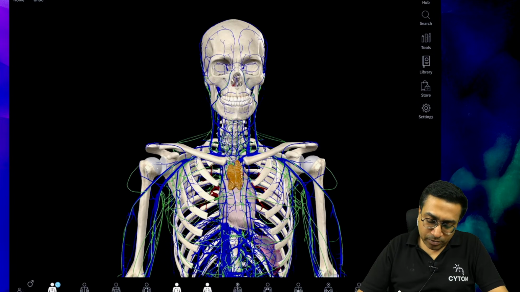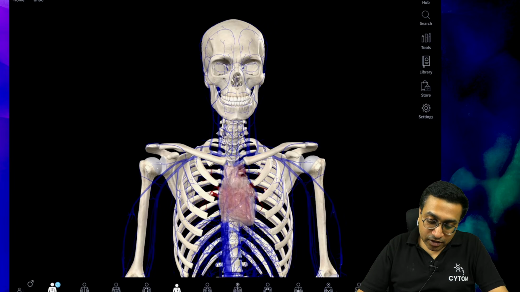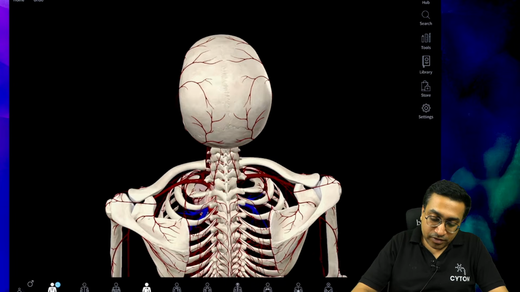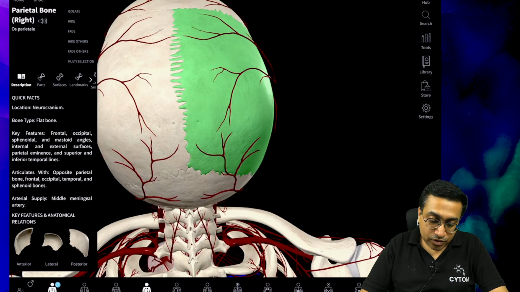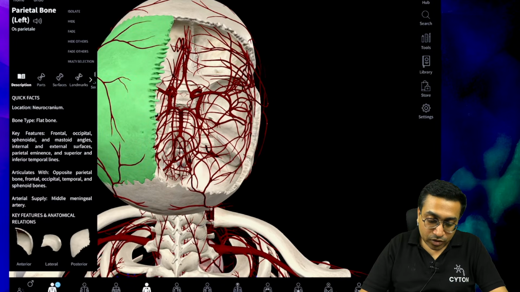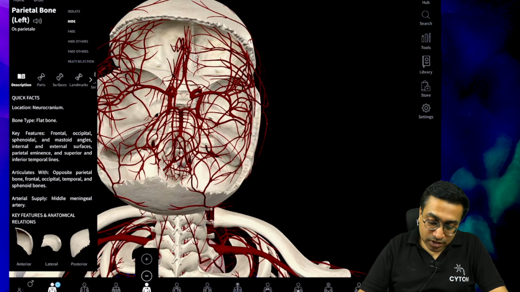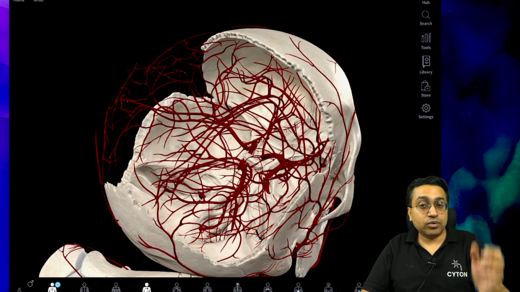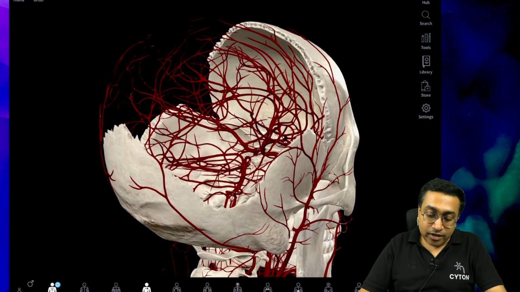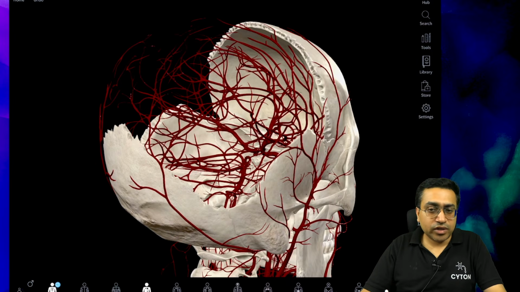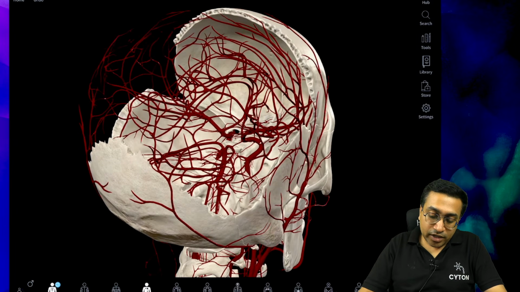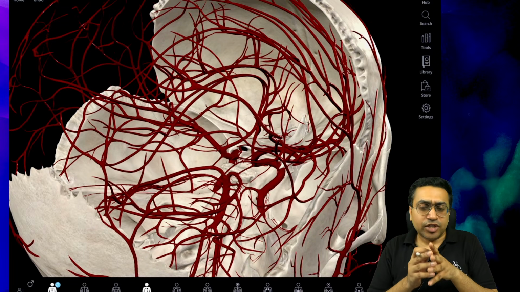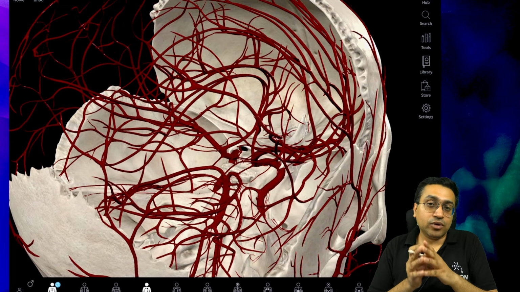And I show you a very beautiful thing here itself. If I just bring the arterial system again, I show you one very basic structure. If I just remove this parietal bone on either side, you can see all these arteries, the network of arteries inside the brain, and we will be discussing all these vessels also in detail. Right now I can tell you, out of this entire network of arteries, you can identify the internal carotid artery.